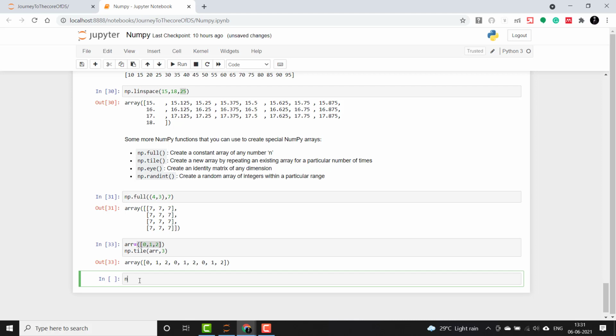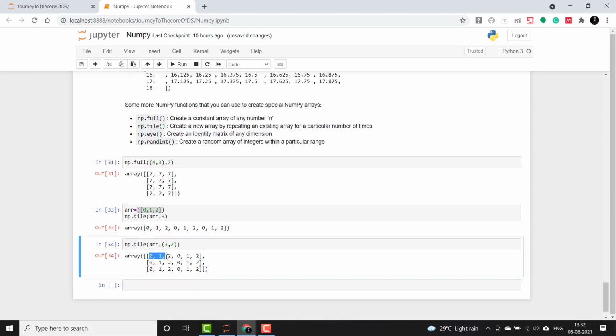So here we'll do np.tile and we'll create arr with 3 rows and 2 columns. These are 2 columns of 0, 1, 2 and these are 3 rows. So guys, now let's check out np.eye. As you have seen, np.eye creates an identity matrix.